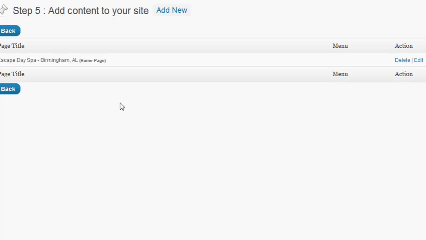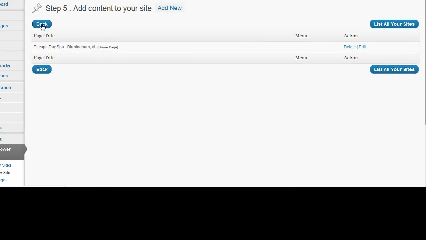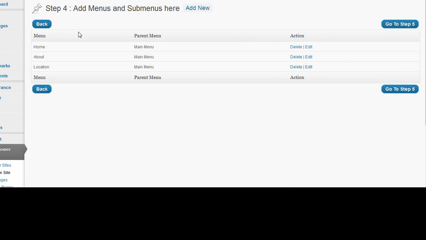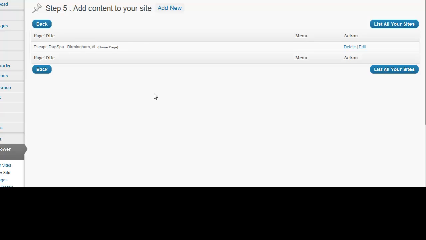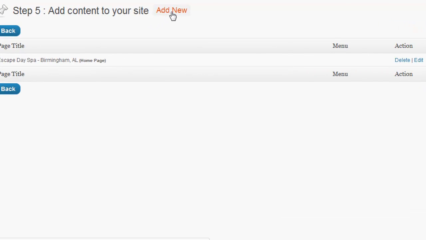Now as I said before, I'm going to go back here to the menu page, and we have this home menu item that we do not need. Home is the main or default page, so I'm going to delete this item. So we have the default page, which is home, then we're going to have the about and the location. Now we'll go back and create the content for our other two pages. So we'll click add new,